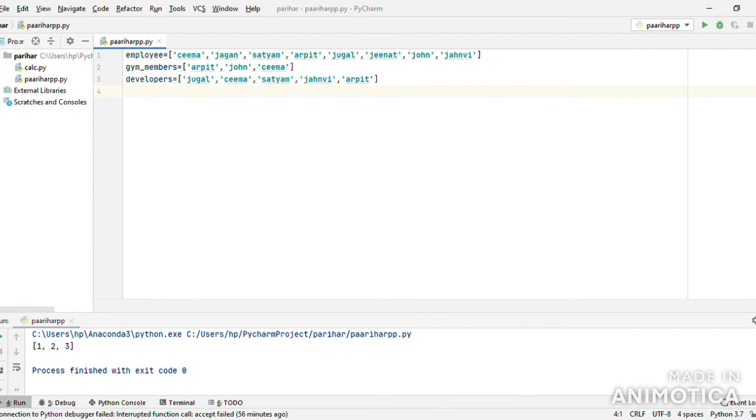Now let's see which employees have both gym membership and who are developers. We can simply intersect these. For this, let's take result equals set gym_members dot intersection, and here developers.